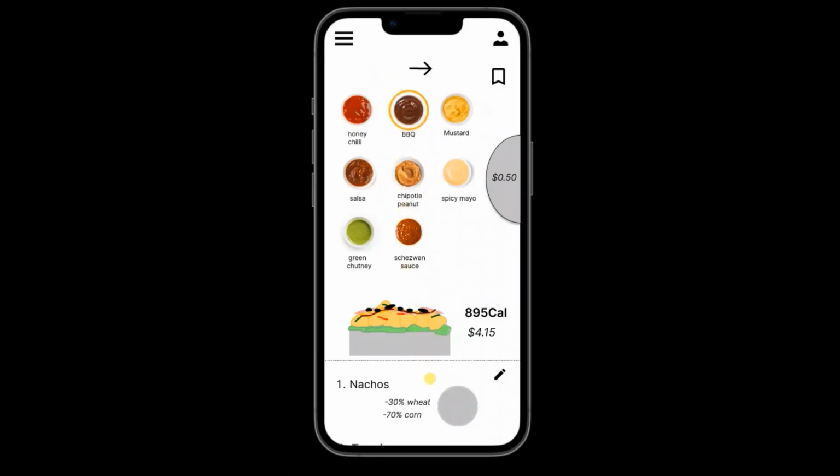We can also see that in our preview section, where under sauces, barbecue sauce is already present. This is because from one of the saved combos that we had chosen earlier, barbecue sauce also formed a part of that saved combo, and hence it had gotten selected there itself. But since we weren't in the sauces interface, we couldn't visibly see it as being selected, but it was added to the preview section. And now since we are in the sauces section, we can actually see the sauce being